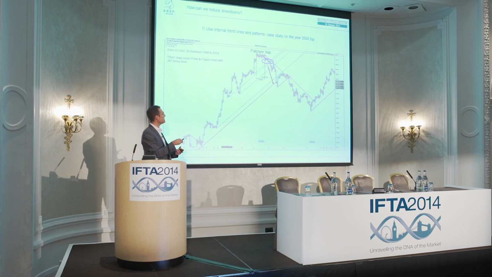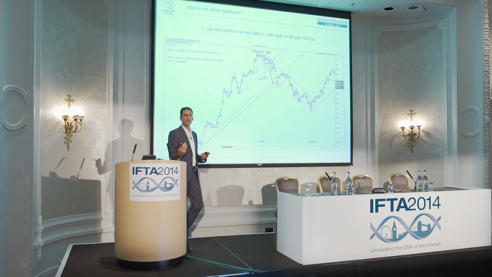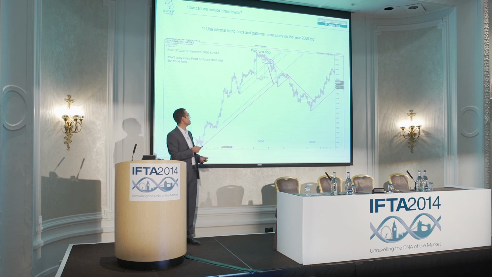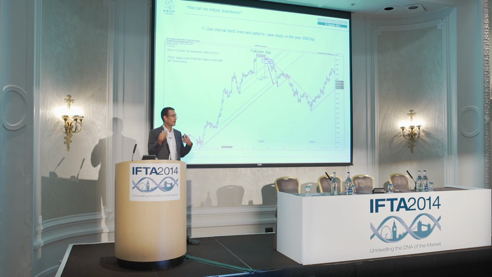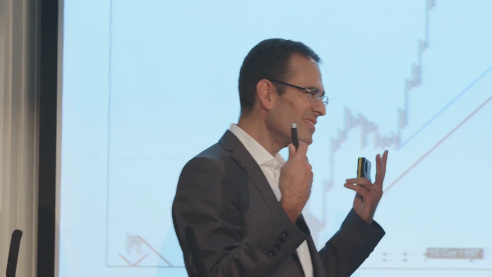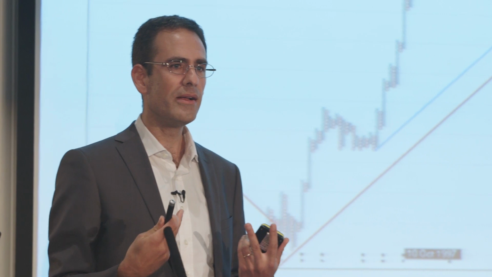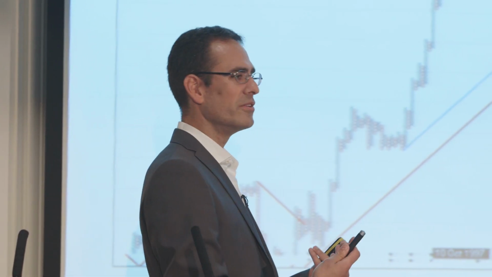What is quite interesting is that at this point, you are able to get some downside targets. You have two downside targets. The first one is a horizontal one, and the second one is a vertical one. So you have a cluster of targets. You already know that the bull trend is at risk. We don't know if the targets will be reached or not. They were, actually. But you already know that there is a warning, an alarm bell in the market telling you that the market is weakening.